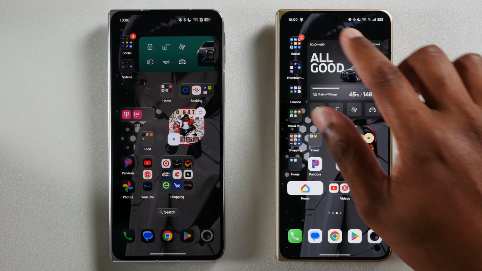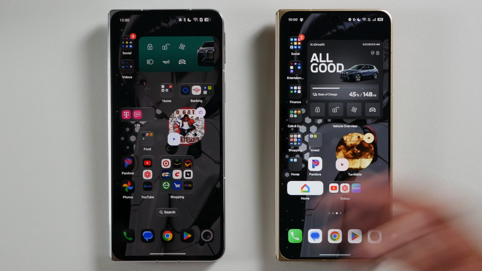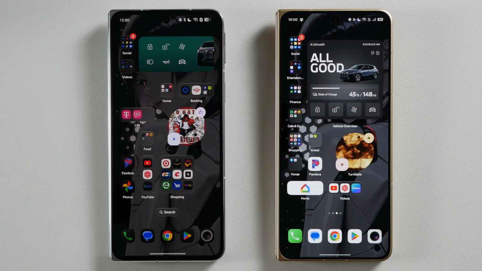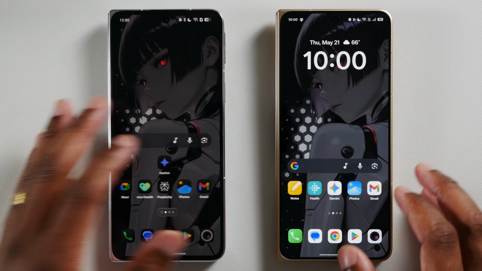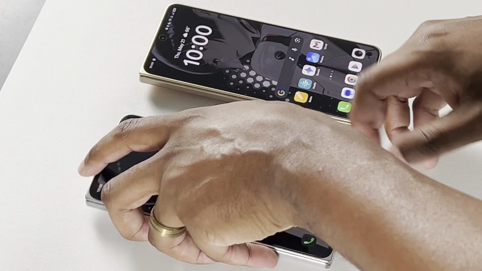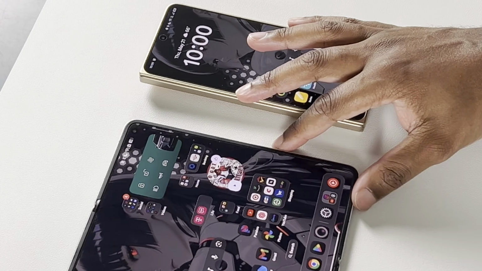Even on the global version, Snapchat notifications are hit or miss. Sometimes they'll come through right away, sometimes they don't. But other than that, every other app's notifications, from what I can tell, come through in an extremely timely manner. So that's it really. But other than that, the software, Oppo specifically, I'll say that